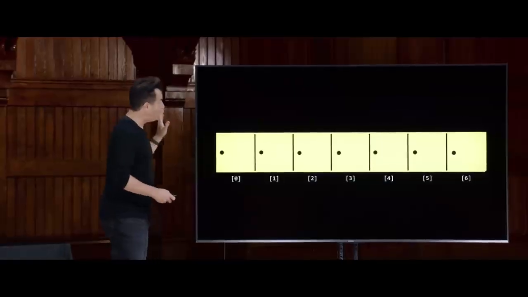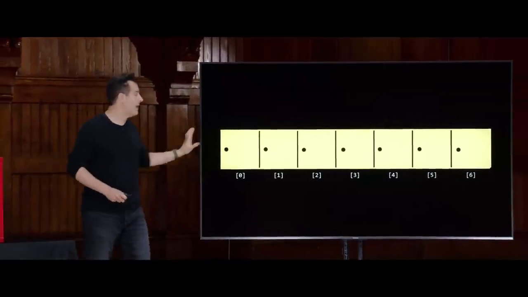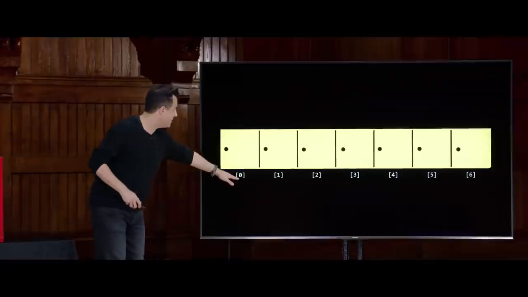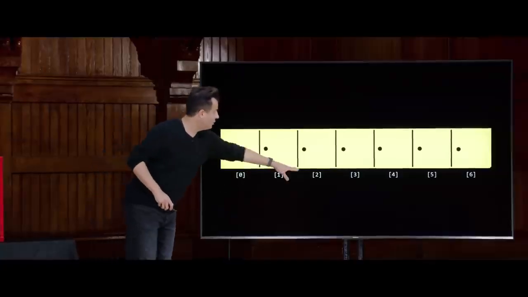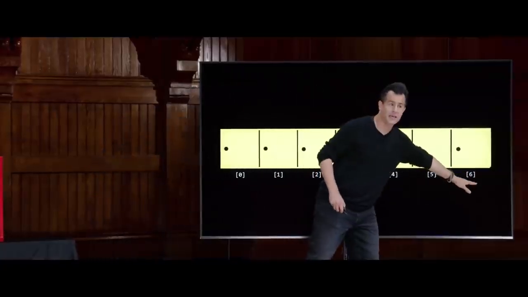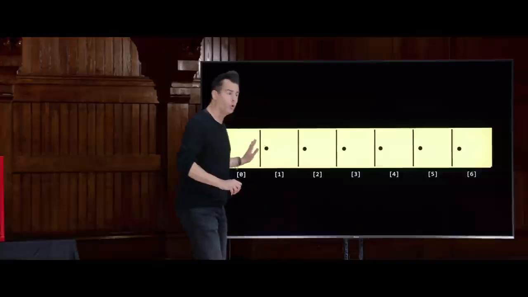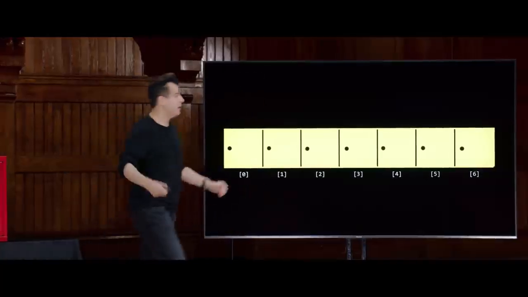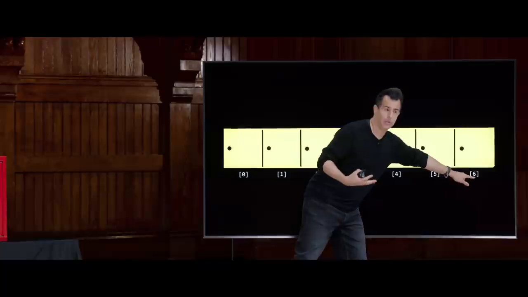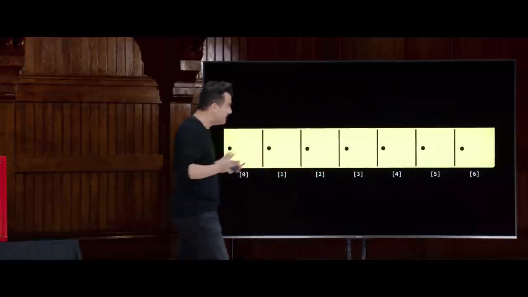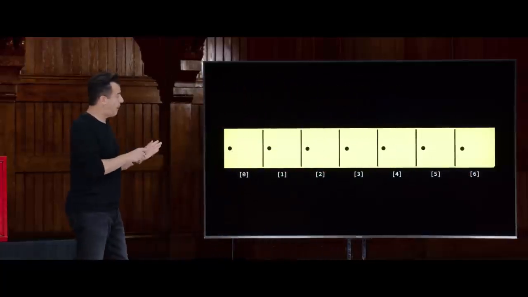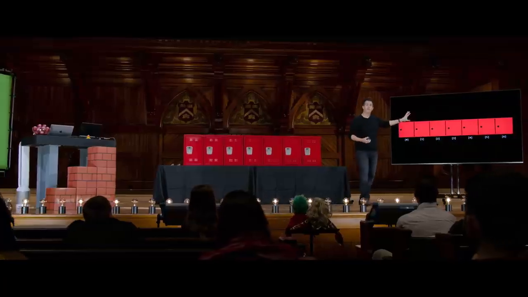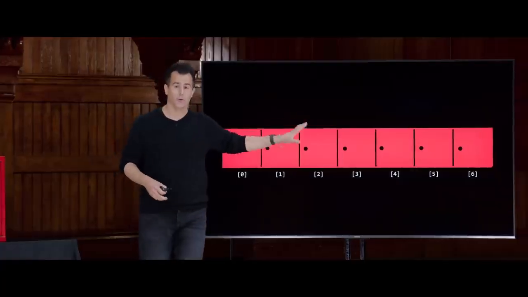Now, it turns out we can treat this array of closed doors, gym lockers, if you will, much like an array. So this might be location 0, location 1, location 2, ... location 6. To be clear, there's 7 doors total. But as always, if you start counting from 0, it's n minus 1, which refers to the rightmost or the last door. So 6 instead of 7. But there's indeed a total of 7 doors here. Just for parity with the lockers we were able to buy online, you might as well think of these as red doors, behind which are all of those numbers.